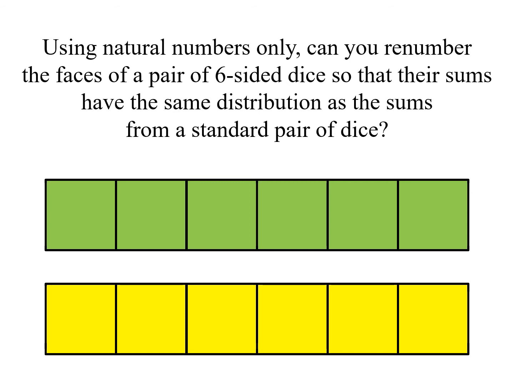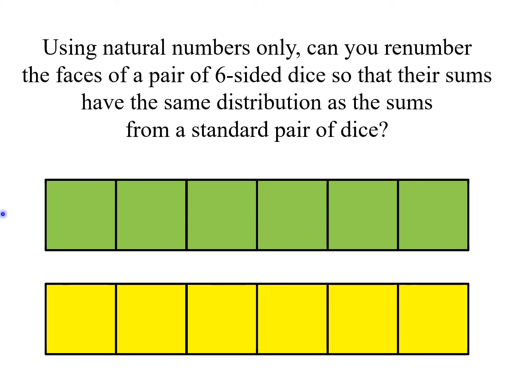What are natural numbers? Natural numbers are numbers from this list: 1, 2, 3, 4, 5, 6, 7, etc. So you want to label these, and maybe you can even use numbers that are greater than 6, but you really don't want to use numbers that are greater than 11 because you're looking at the sums and you want the same sum distribution. You can also repeat numbers, so you can have like maybe 2 5s on the green